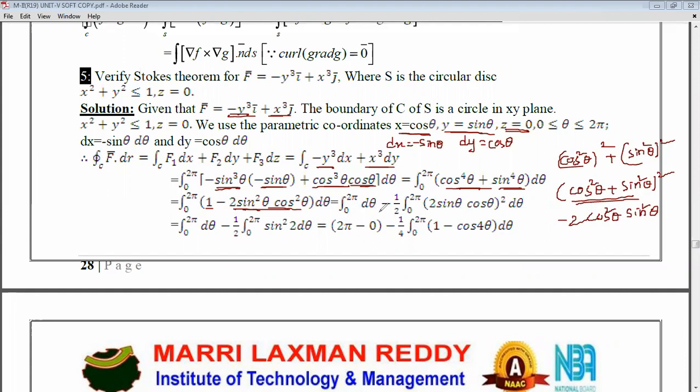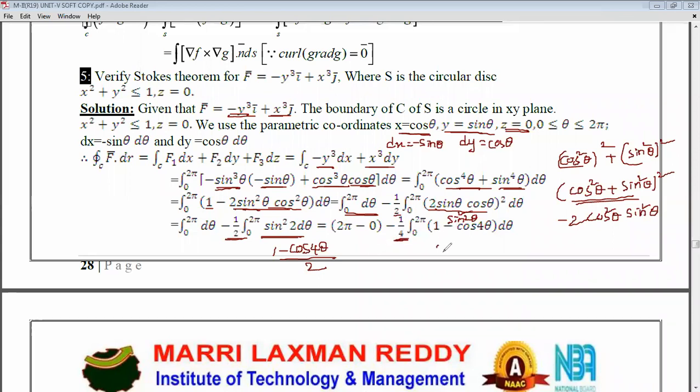Now we split this one, integral d theta minus, we multiplied with 2 and divided with 2. And this is nothing but simply sine 2 theta, right? Square is there, so for that sine square 2 theta. That only we wrote here. And the sine square 2 theta formula is 1 minus cos 4 theta by 2. But already here 2 into 2 is 4. That's why we wrote 4.